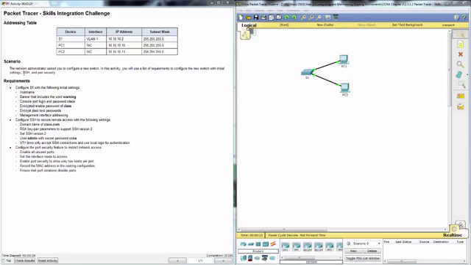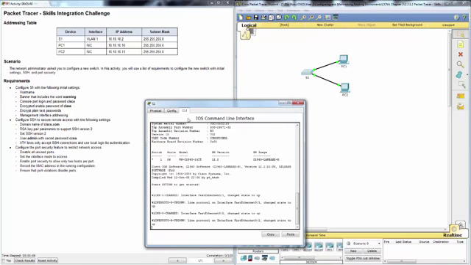So the scenario is the network administrator asks you to configure a new switch. In this activity you will use a list of requirements to configure the new switch with initial settings, SSH and port security. So we're going to jump right in now, and we're going to start with the first bullet point and the sub bullet points, which is configure switch 1 with the following initial settings, so host name. So we'll jump into the command line,